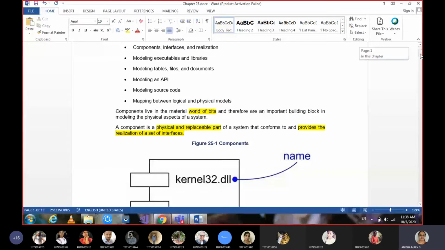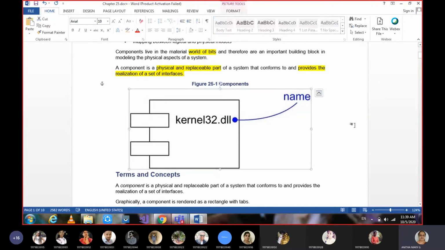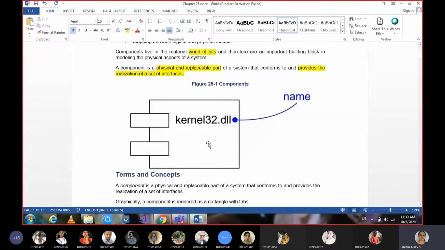So when I say a component which can realize an interface, it means a component having DLLs or .exes. Such a DLL or EXE can implement the interfaces. So that's why we say they provide the realization of a set of interfaces, through which interfaces are implemented using components.